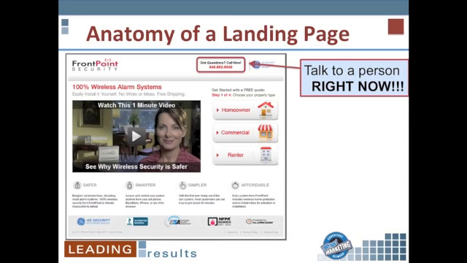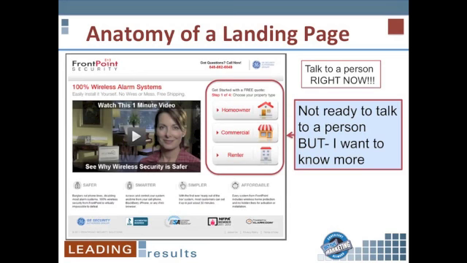Next is talk to a person right now. Upper right hand corner, here's a phone number. Give us a ring if you want to buy right now. We give that option. But next, not everyone wants to talk to a salesperson. They can be annoying, pushy. I'll pass. Thanks. Here's how you can get more information. Here's how you get more interaction with someone